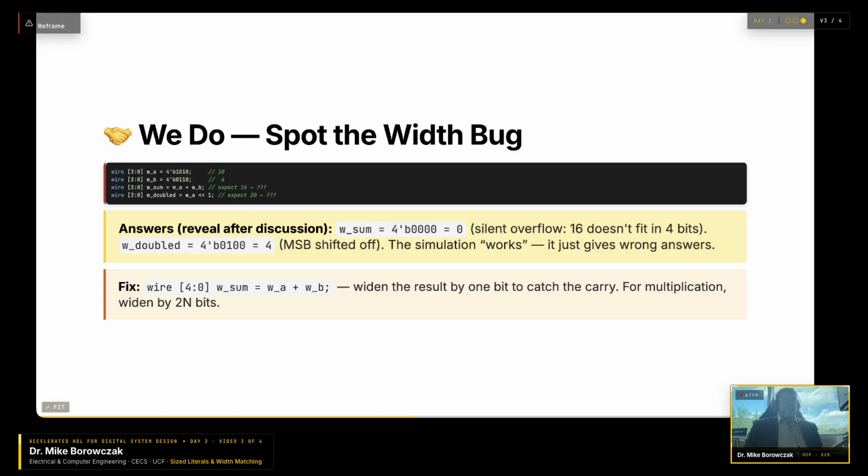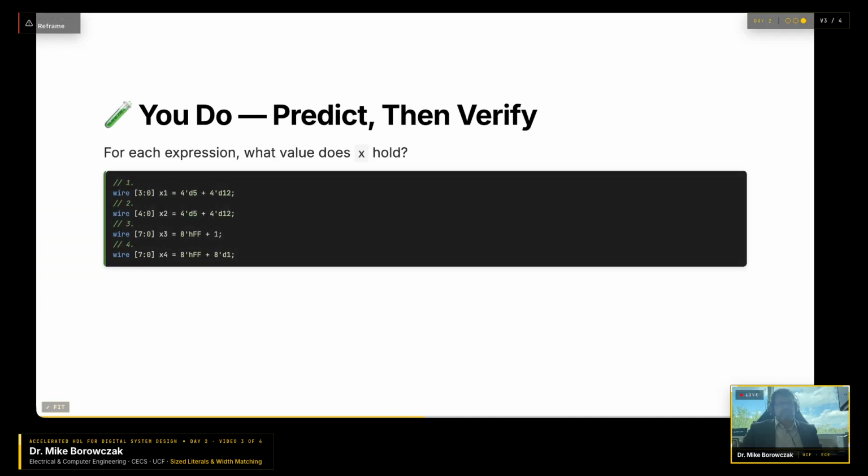So the simple fix here is widening our sum by 1 bit, right? So it was 4 bits, right? 3 down to 0. We need 1 extra bit to store this. If we're doing multiplication, you need twice the number of bits to be able to store potential overflow. Okay, so